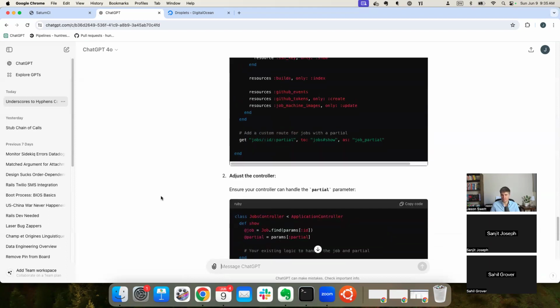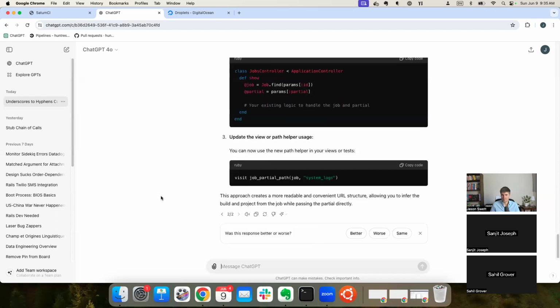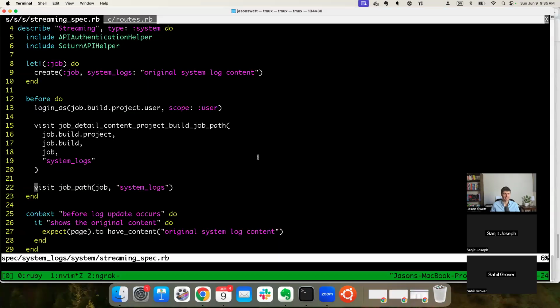Okay, I was trying to read the test, or basically I was trying to understand the parameters here. What you did in line number 13 is you just logged in, which I think is a standard device login or some helper that you have written, which just logs in the user and sets up the headers. I would assume cookies, let's say. And job detail content project build job path,